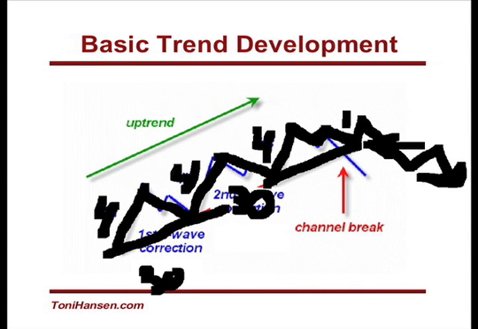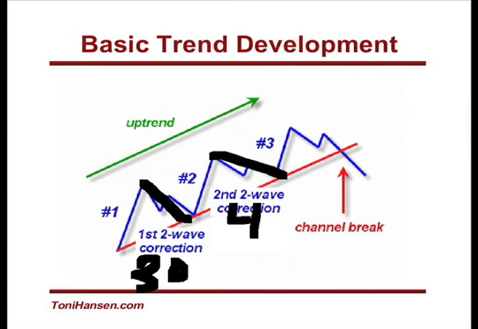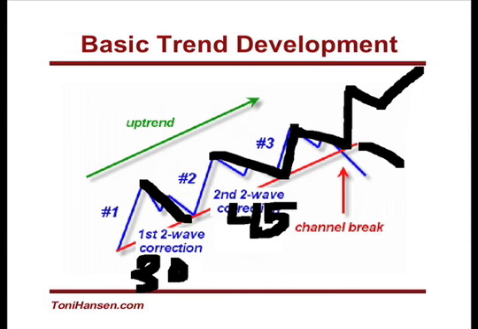Now, if these are different amounts of times on these correction moves here, like let's say this pullback takes 30 minutes, but this one takes 45, then you can still get a larger series of upside moves, and it might still have a good chance of giving you a strong breakout. Maybe this is a 15-minute correction. So basically that typical trend development just isn't going to apply as well,